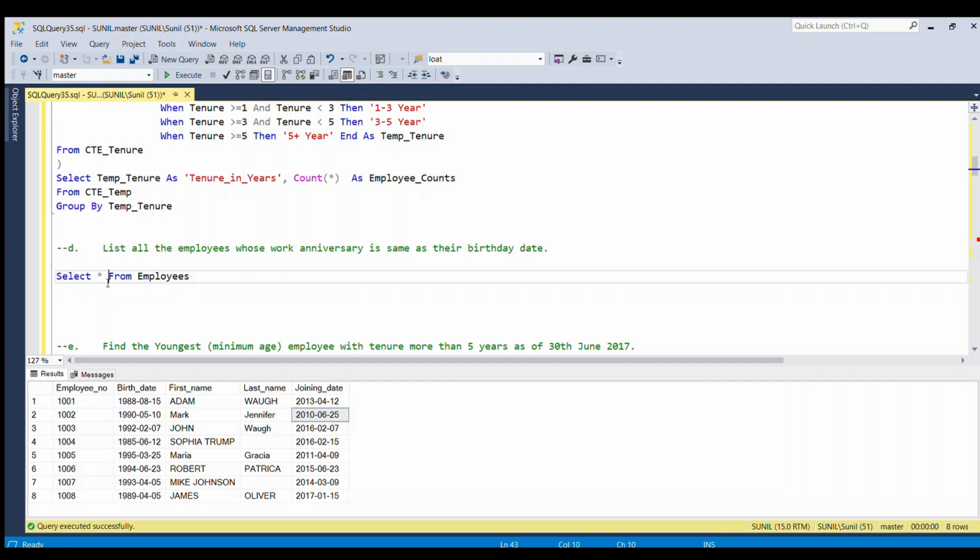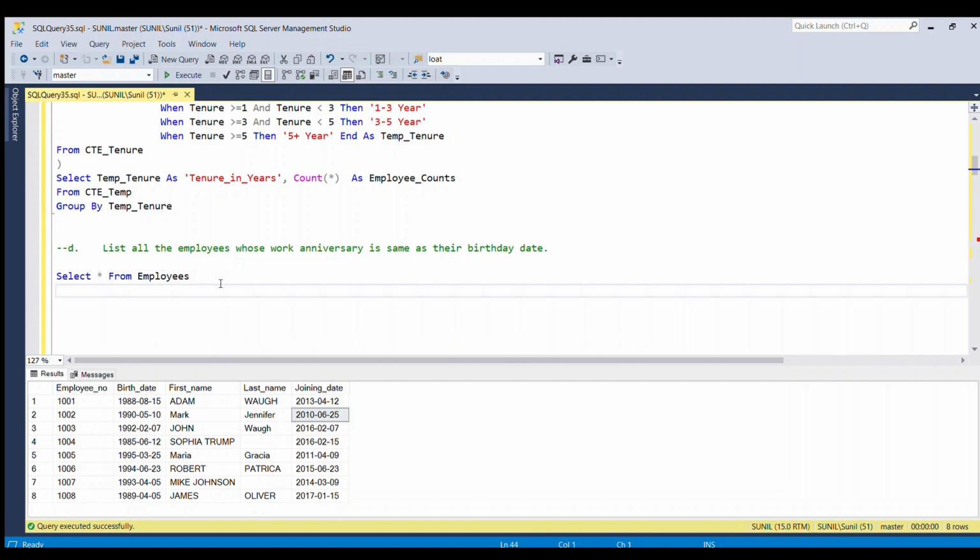After that, I'm going to use a where clause, where we have to get the date, right? So we'll use the date part function, and what we have to extract is the date, so dd from birth_date,